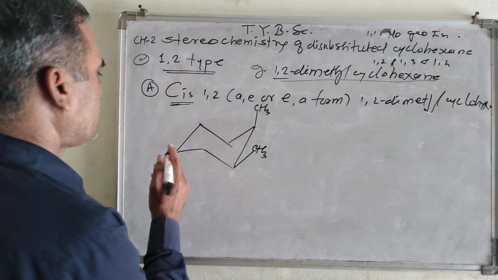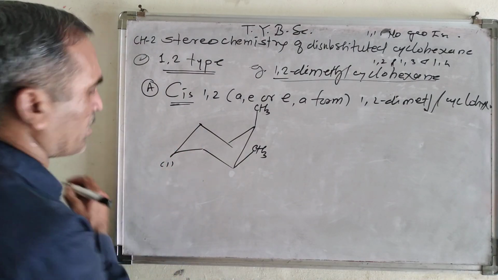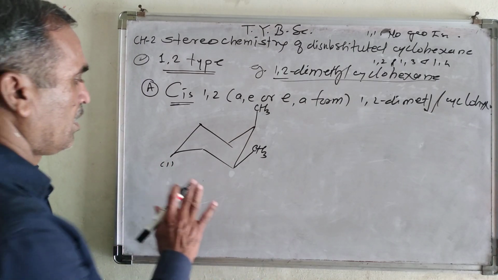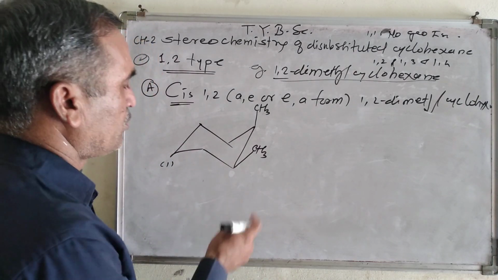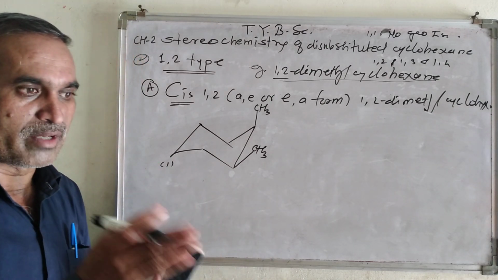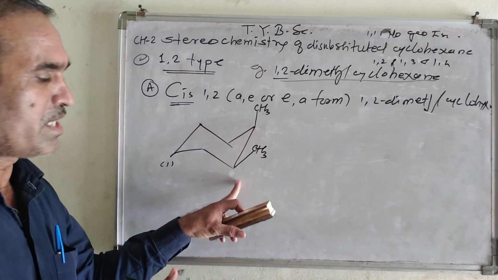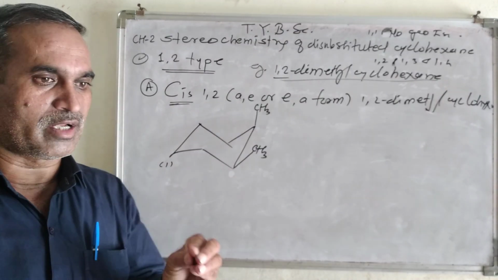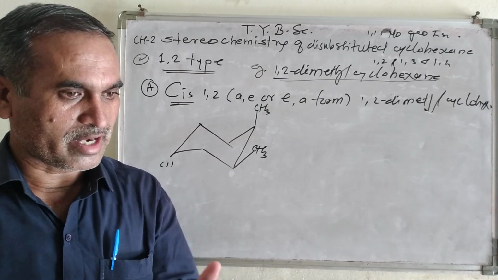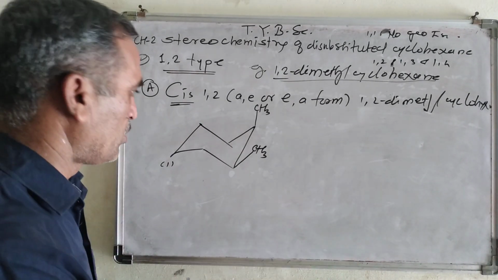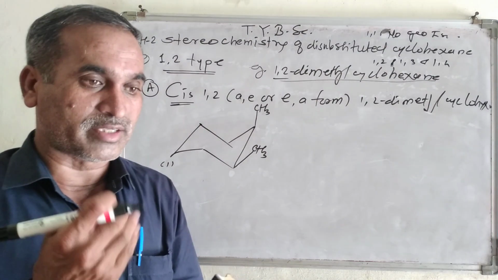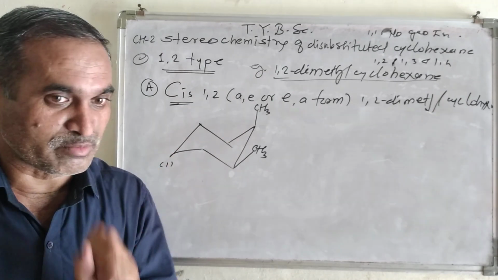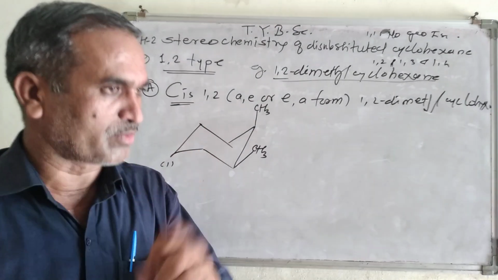Now this is what you call structure number one. Similarly, here you have to draw the fourth structure. Now what I am going to do here, the flipping is a process. Axial becomes equatorial, and equatorial becomes axial. The actual model of this I will show in the next lecture. Right now I don't have a model with me, but yesterday, while studying the 1,1 type of cyclohexane, I showed you that model, right? So you have to imagine that model here.